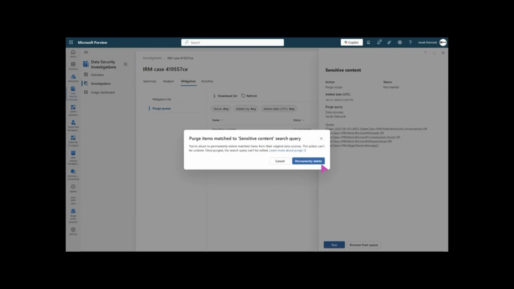Or maybe, again, Christoph made a copy. It just shouldn't be where it is. It's too sensitive. Two things I want to call out that I get asked about. Does this respect litigation hold? Yes. And does it respect data lifecycle management policies? Yes. And by the way, I forgot to mention all the actions that you do in DSI are audited.